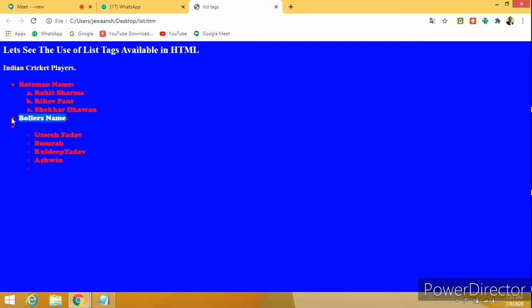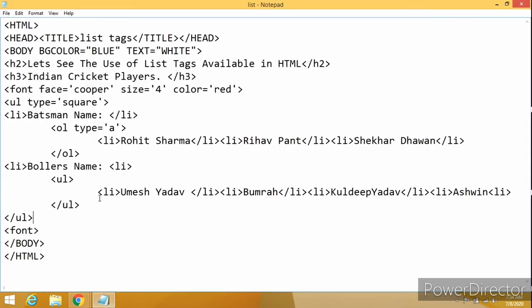After that you are getting the ring, that is the circle, for the bowler's name, whereas for the batsman name you are getting letters as A, B, C. Now how are we getting one more bullet over here? Let us see why we are getting one more bullet there.